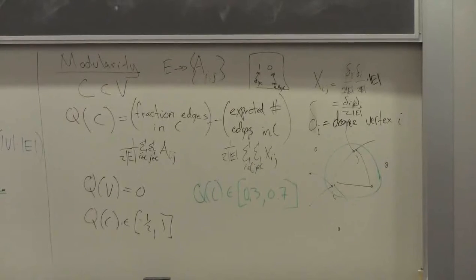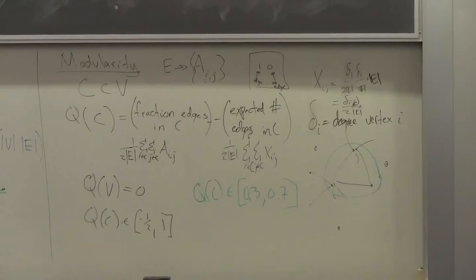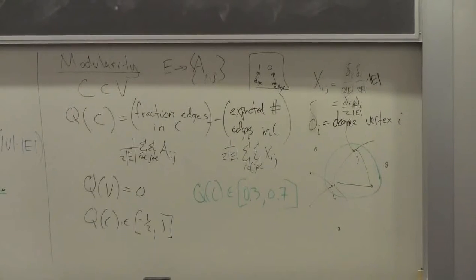So one thing is every community of the same size will have the same modularity. Then I wonder if every community of any size that you try would have modularity 0. I think that's the case. Okay, so